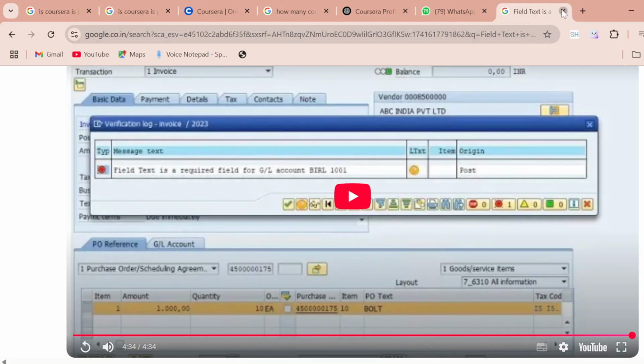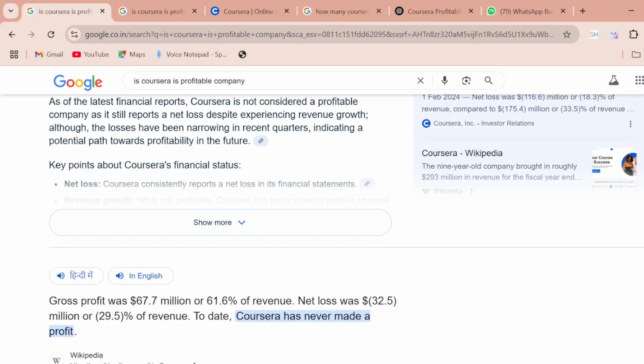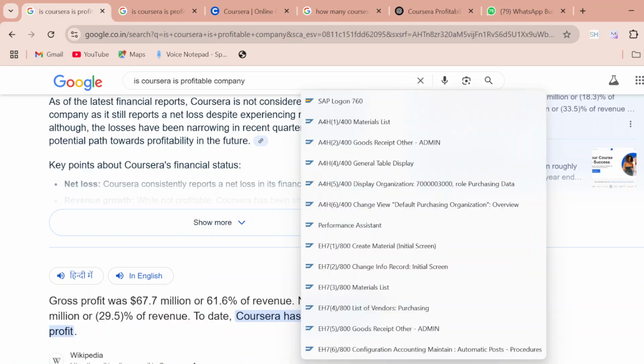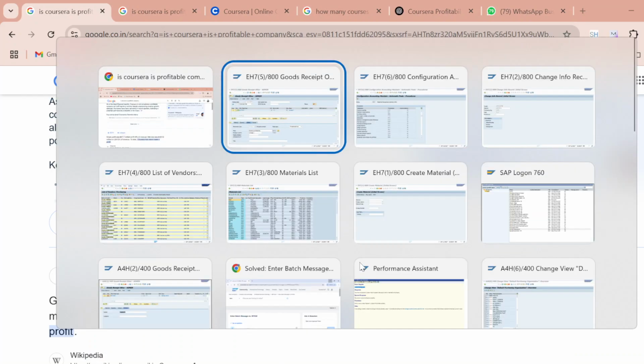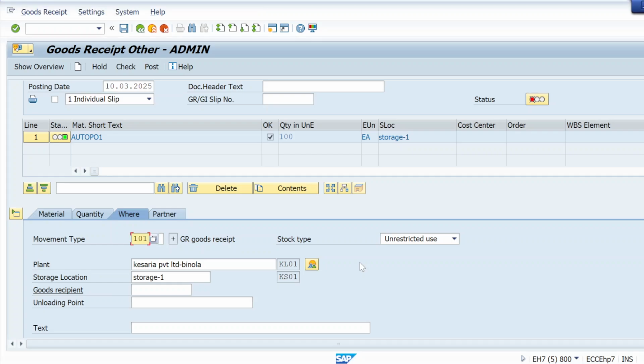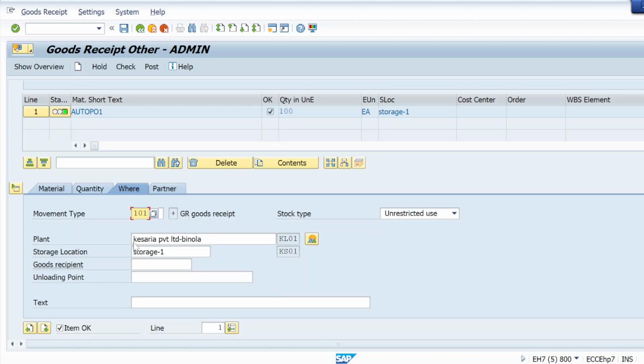Okay, so let's see how he has resolved it. Let's try to check that. Okay, this is an FI error, but let's see how to resolve it. If he has checked, let me try with this also. FS 001.